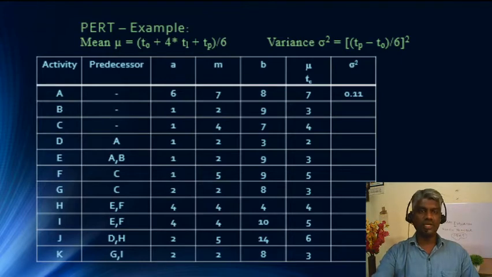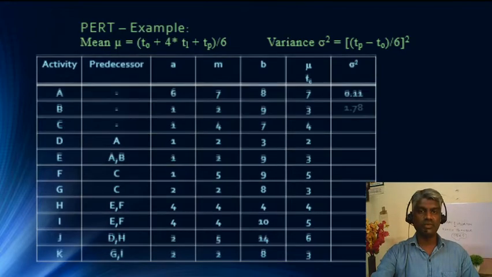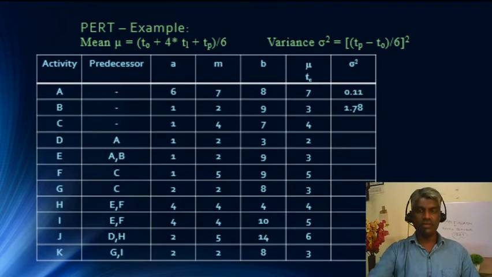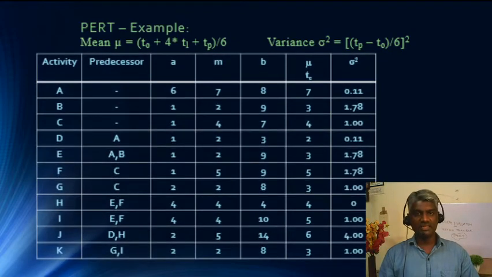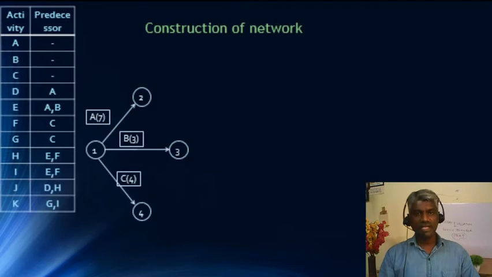Similarly, 9 minus 1 is 8, 8 divided by 6 is 4 by 3. 4 by 3 is 1.33, 1.33 square is 1.78. So, likewise, we are going to calculate the variance for all the activities, and this is the second step in the PERT problem. First is calculation of mean, second is the calculation of the variance, and now we are going